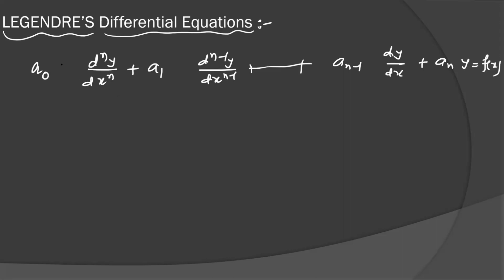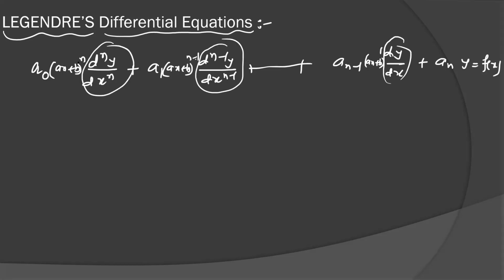In the Cauchy, you have x to the power n. Here you have (ax plus b) to the power n. Only the change. (ax plus b) to the power n minus 1. And here you will get (ax plus b), one degree, because the derivative is one time. For the n minus 1 time derivative, the degree is n minus 1. For the n time derivative, n time multiple. Means if you replace a equal to 1, b equal to 0, it will reduce to the Cauchy-Euler differential equation.